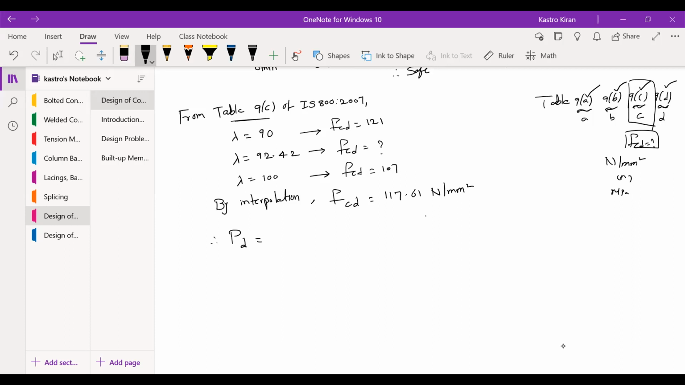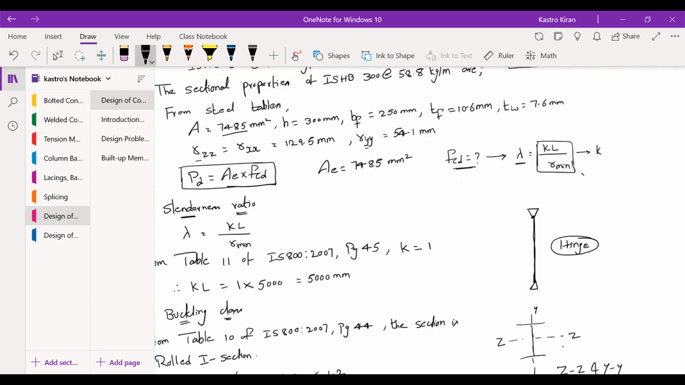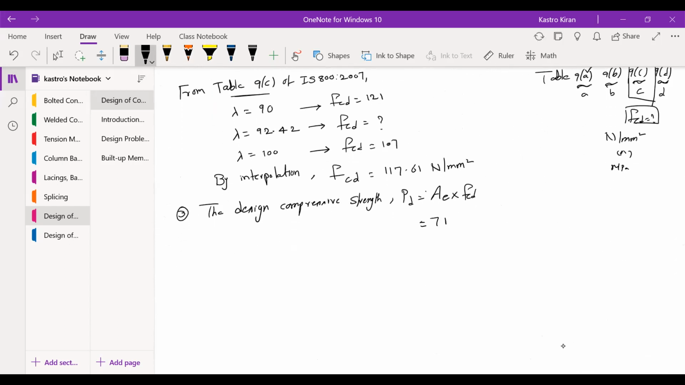So therefore, PD, that is the third step you can see. The design compressive strength, that is PD, equals AE into FCD. So we know the value of AE, which is the area of the section, that is 7485, and the FCD value also we know, which is 117.61. So if you solve for this one, it is